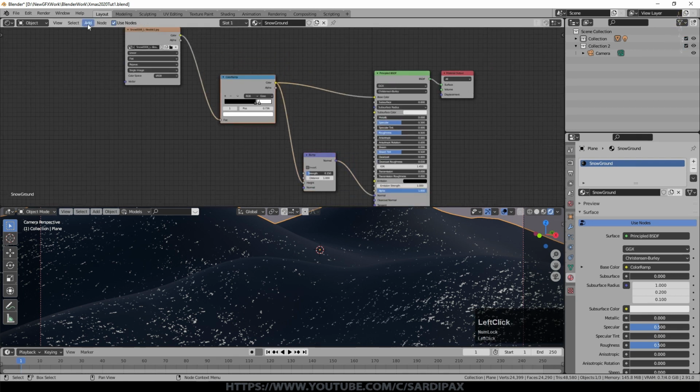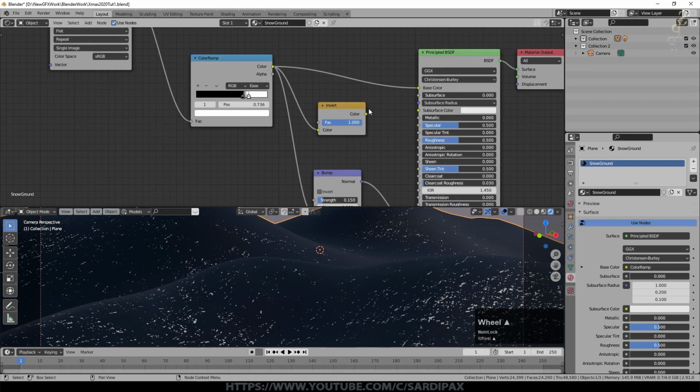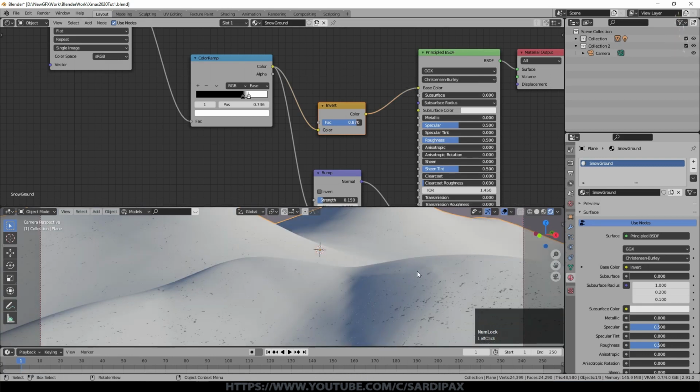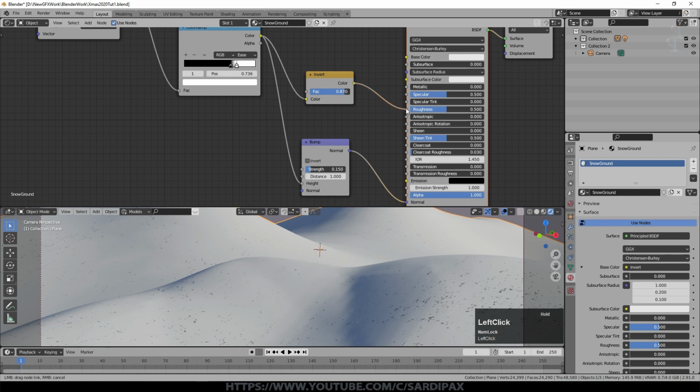I also added from the color section an invert node. Take that into the color input. I set it down slightly to about 0.87, so that sort of backs off from complete inversion. If I show you what that looks like, obviously it'll take a second, but it's the other way around. You can see these little dark spots. And I put that into roughness. So this basically is giving us little points where it's shinier, and you can see that's showing there.